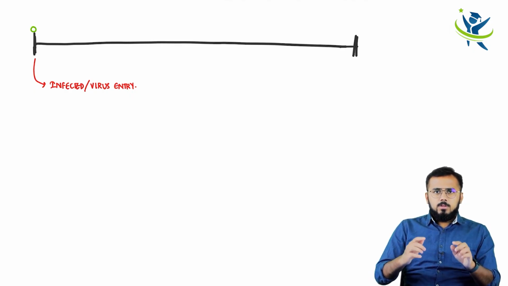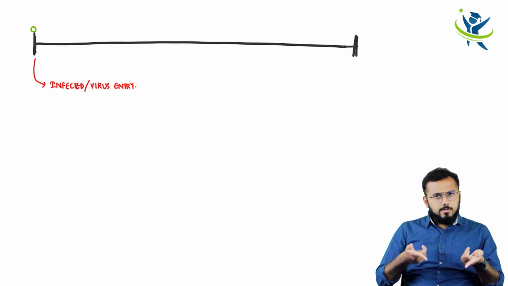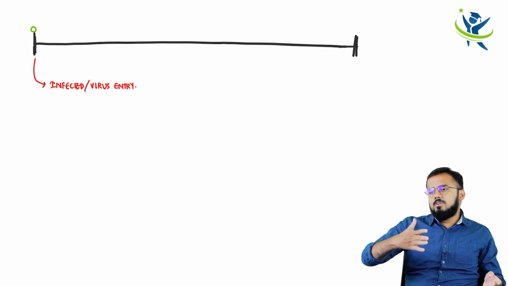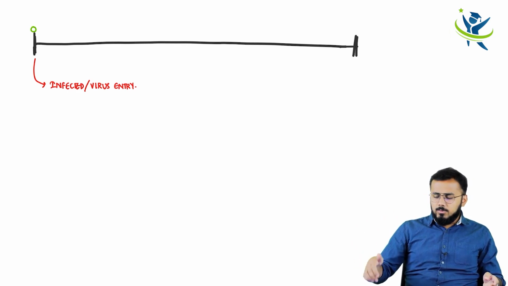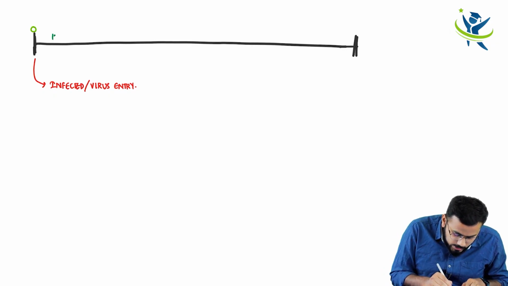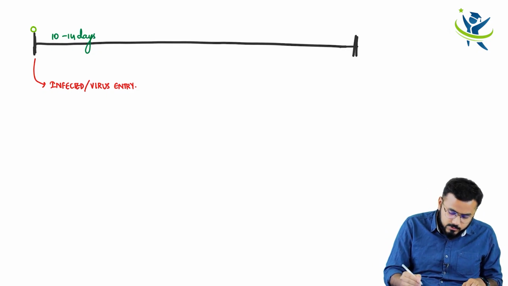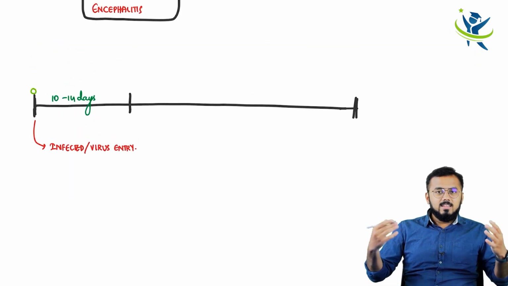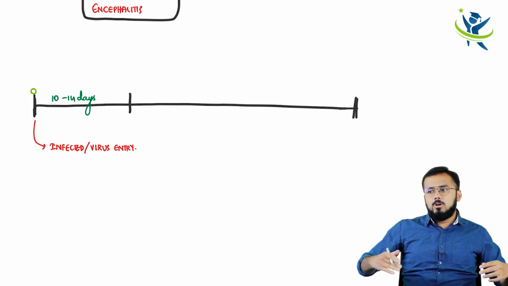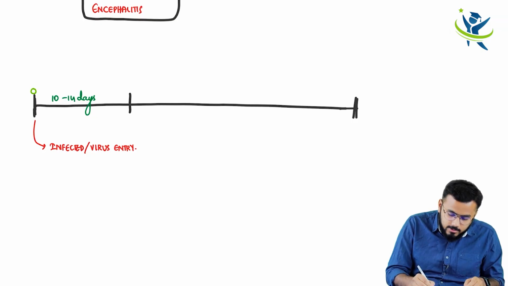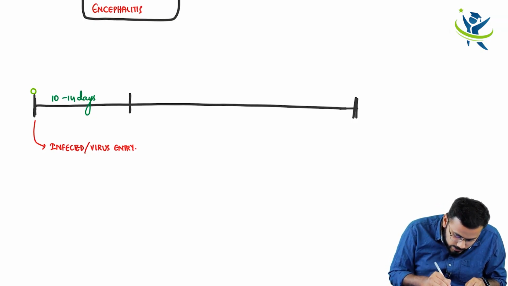Now, if the virus entered into my body today, today I will be fine. Tomorrow I will have no symptoms. Day after tomorrow also I will not have symptoms. For 5 or 6 days I won't have symptoms. It means for how many days are you not having symptoms? You will not have any symptoms for about 10 to 14 days. For 10 to 14 days you look so fine. Now this stage of fineness, even after the virus has entered your body, up to 2 weeks when you are not having any symptoms, that phase is called the incubation period.